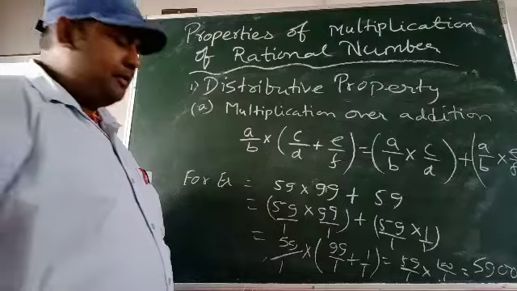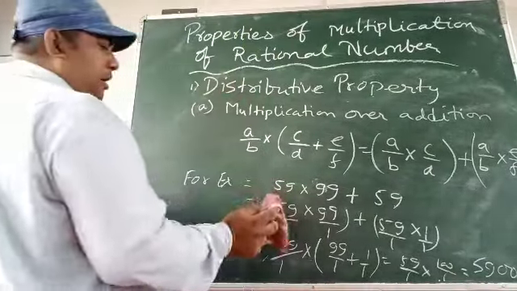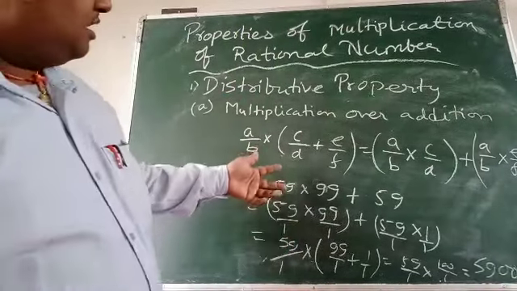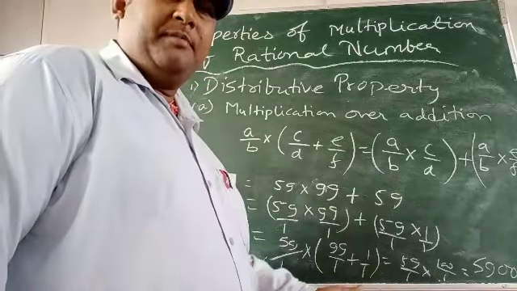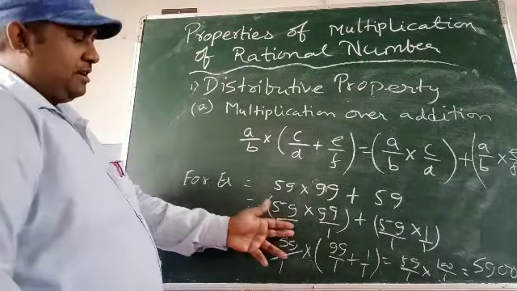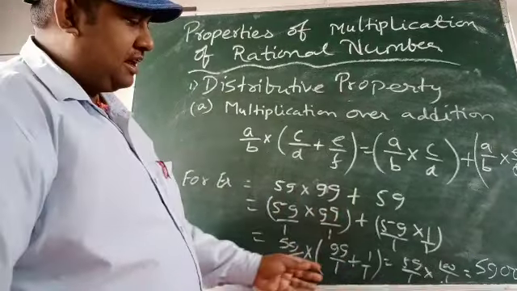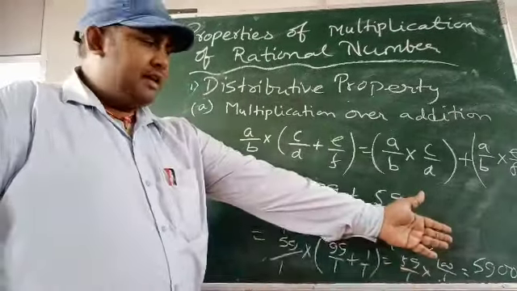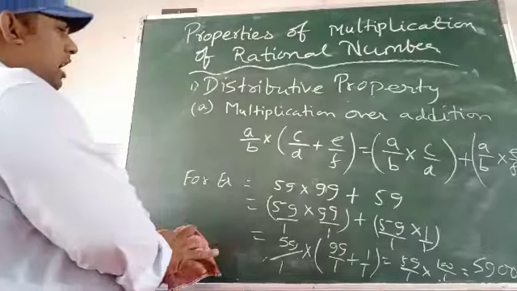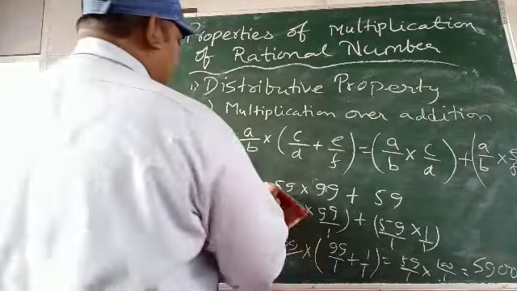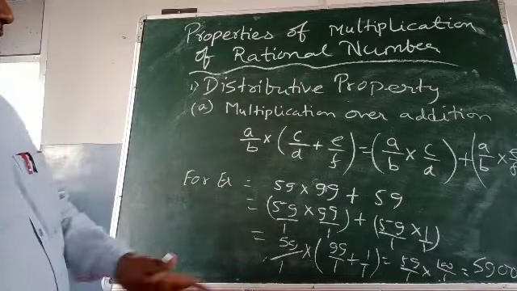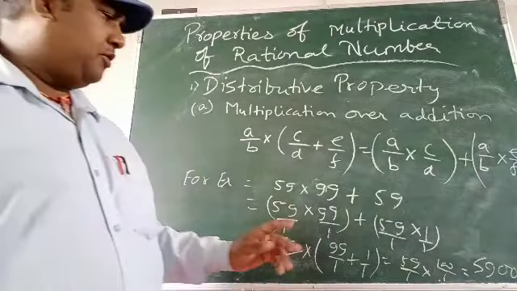That is for general numbers we have taken, meaning general rational numbers. All natural numbers are rational numbers because you can rewrite them as 59 by 1, 99 by 1, 59 by 1. So we have written it in the form of rational numbers, and our result came: 5900. Now, for another example we look.